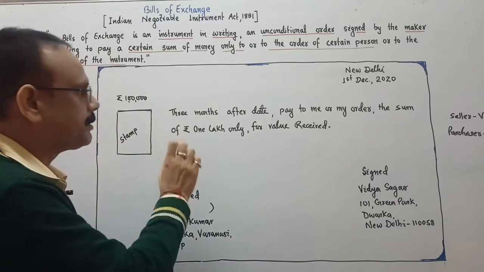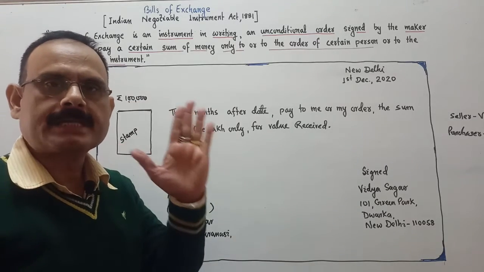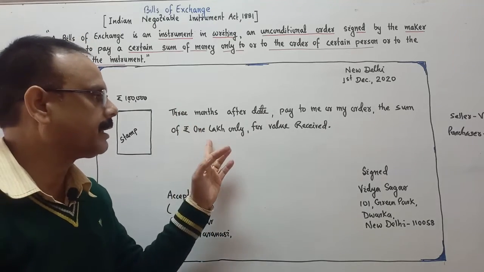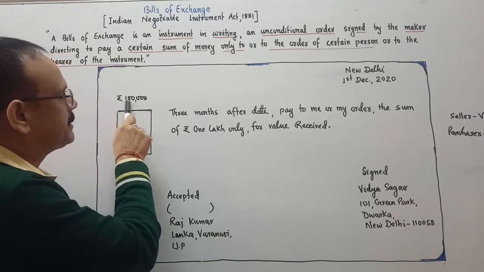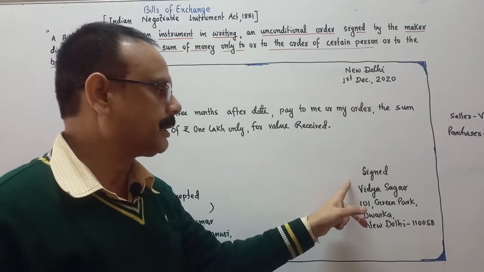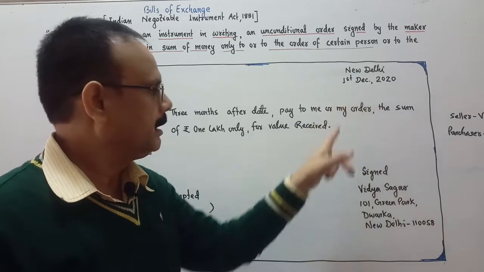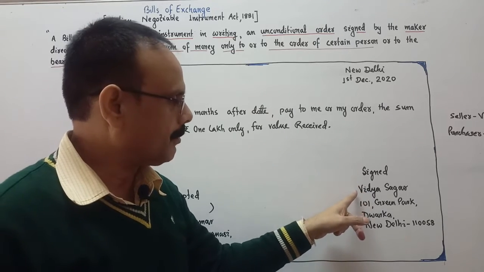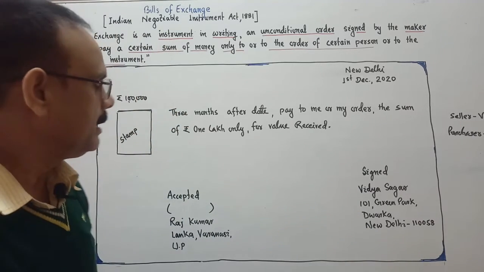So the drawer will write all terms and conditions related to that bill, that 3 months after date, pay to me or my order a sum of rupees 1 lakh for value received. This 1 lakh he has written over here in words, and here it is in numeric figure. The seller is from New Delhi, so he will write the place and date of drawing the bill and sign it. The drawer writes their name, their address completely with their mobile number and email ID, and here